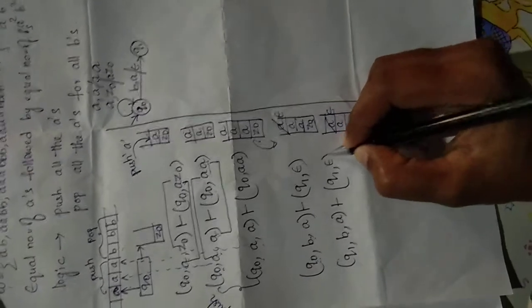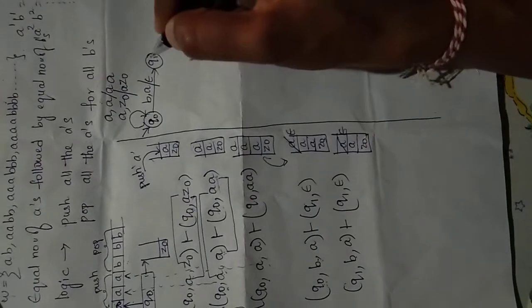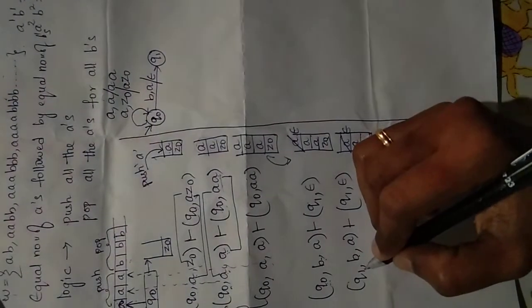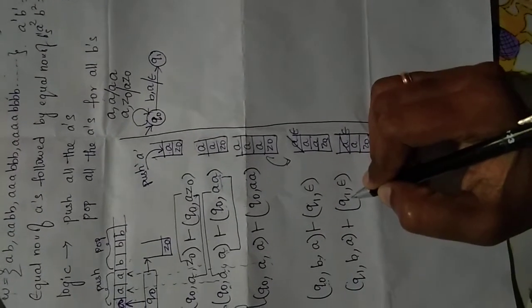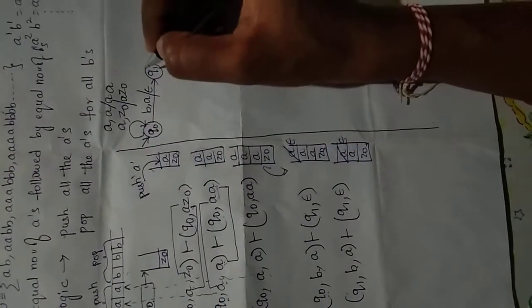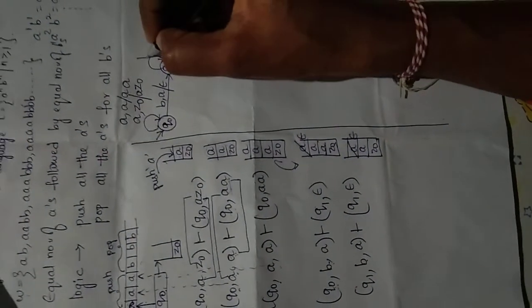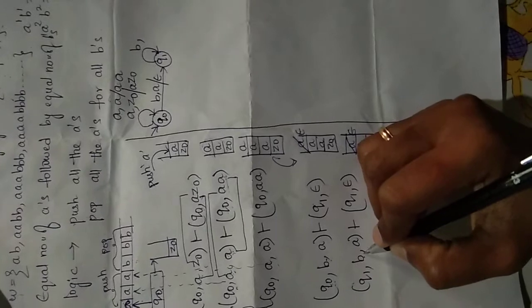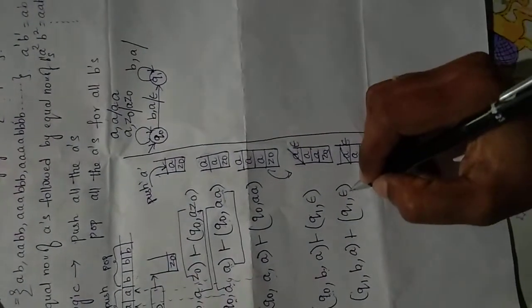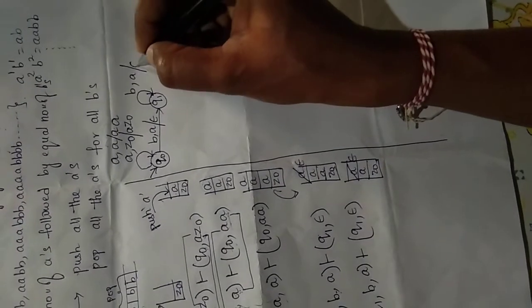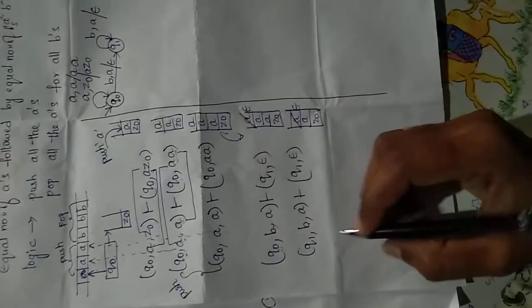Now for this ID, how to represent the automata? From Q1, we are taking the B symbol and the top of the stack is A. We are in the same state, and we are removing the symbol. Being in the same state means we have to take the loop here. And what is the symbol here? The B symbol, and the top of the stack is A, slash. So what is the right-hand side here? We need to remove the symbol, that is epsilon. Now what is the one more symbol here? B only again.